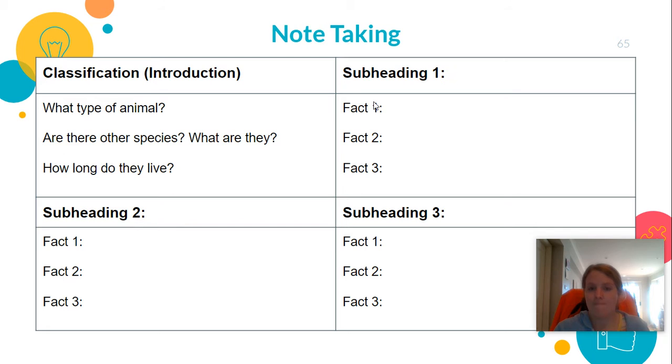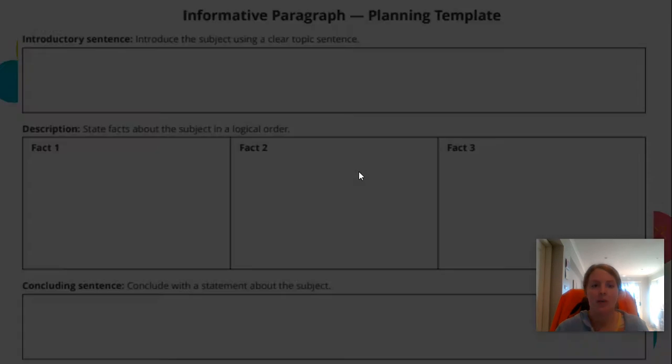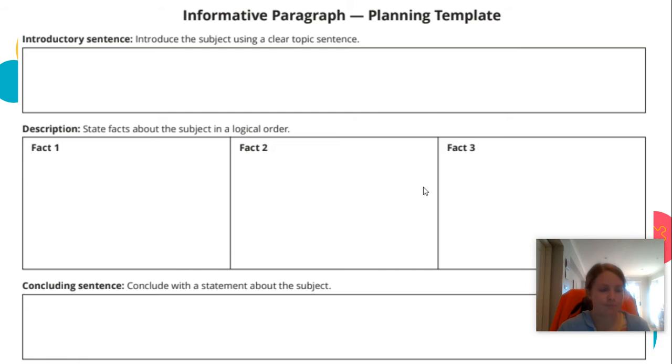Now, you'll see here that I've got fact 1, fact 2, fact 3. Do you remember when we were working on how to write a paragraph for information reports, and we used this proforma here, and we had an introductory sentence, then 3 facts, and then a concluding sentence? So we would have about 4 different sentences in that one paragraph. Now, for example, if I chose lions as my topic, which I know is not in the mangroves, but this is just for an example, and one of my subheadings was hunting, what do they hunt? Then my introductory sentence would be something like,